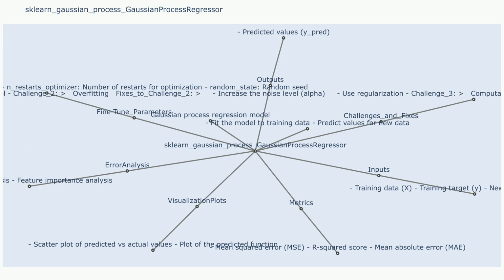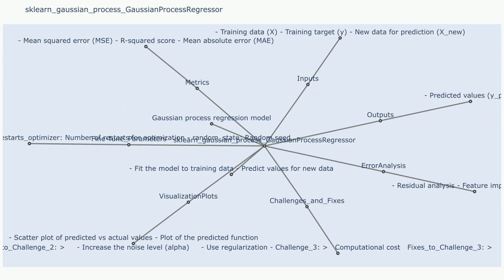R squared, R-score. This indicates the proportion of the variance in the target variable that is explained by your model. Visualization plots. Prediction plot. This visualizes your predictions along with the confidence intervals. It shows how well your model fits the data and how uncertain your predictions are. Kernel function plot. This illustrates the kernel function you chose, showcasing its influence on the smoothness and shape of your